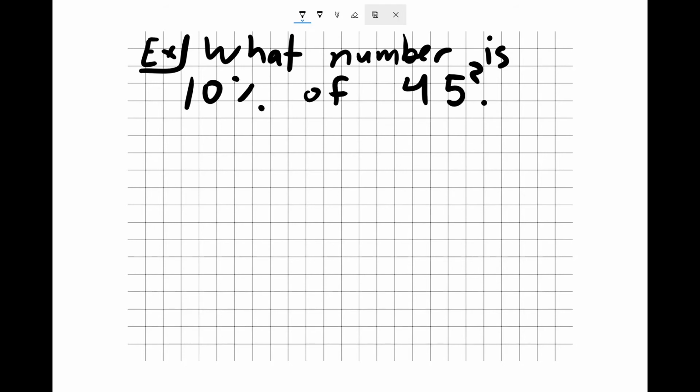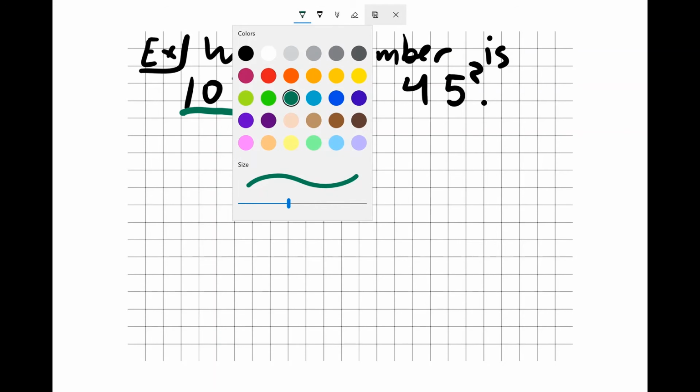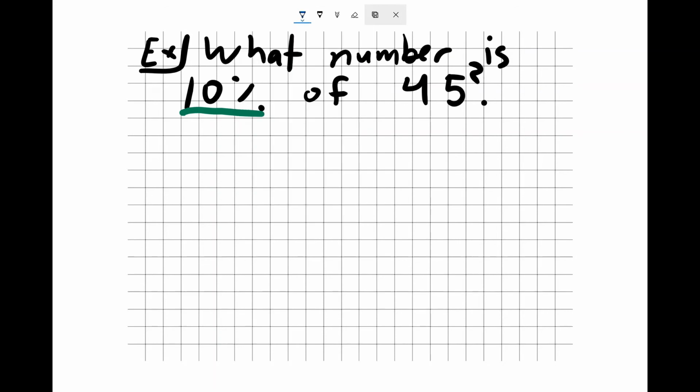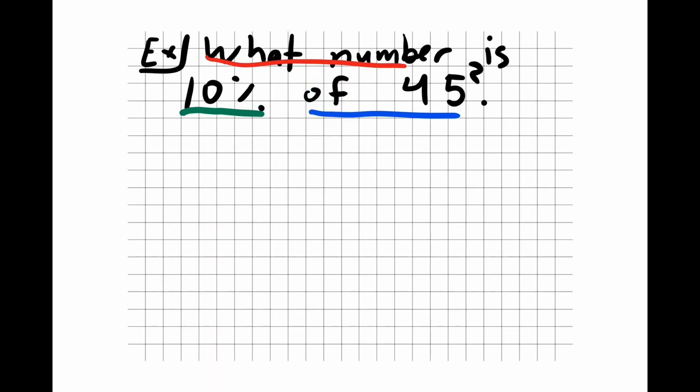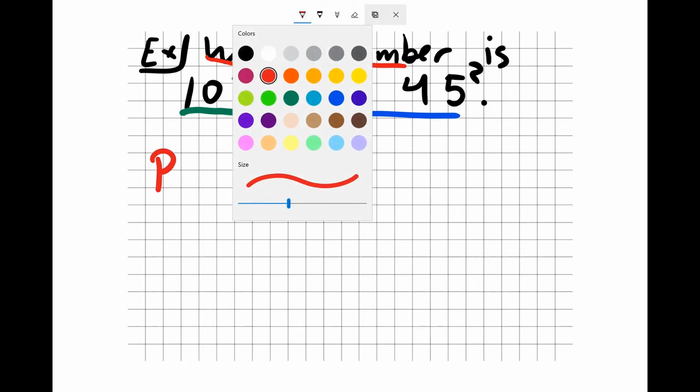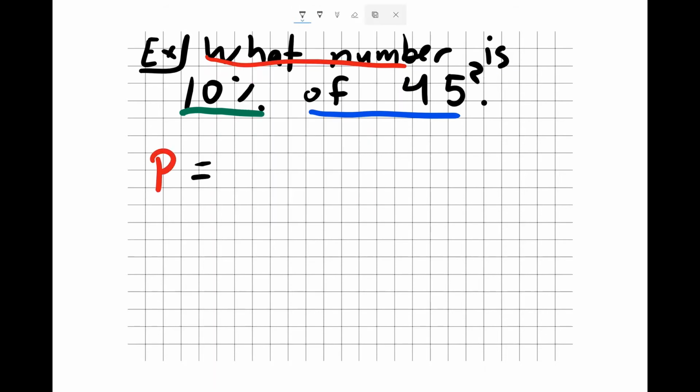Again, identify the parts that might stand out. This time you are given a percent, which is 10%. And the word of, again, will indicate to you what your whole is. What number is going to represent the part? The part is what we don't know what it is. So let's go ahead and plug that into our equation. P for part is going to equal